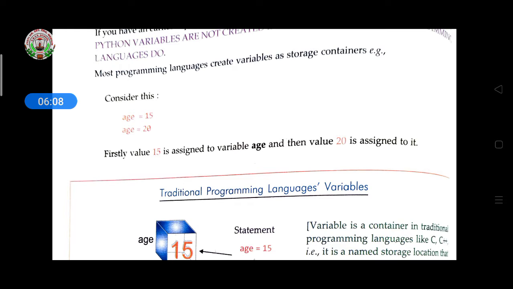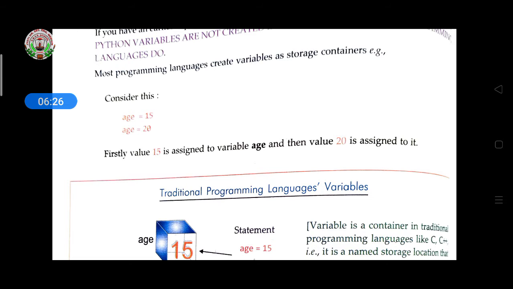But in Python, if you initialize age equal to 15, at that time the value of age is 15. Then again if you initialize age equal to 20, at that time the 15 will be replaced and 20 will be the value of age.